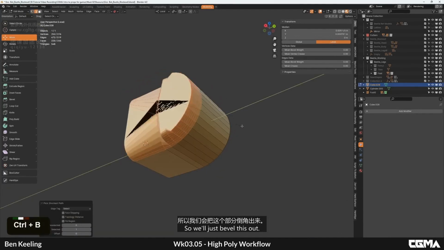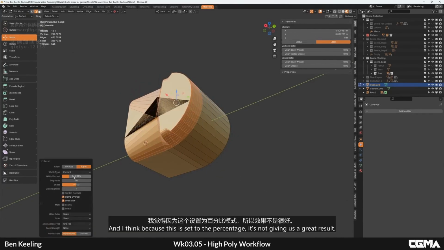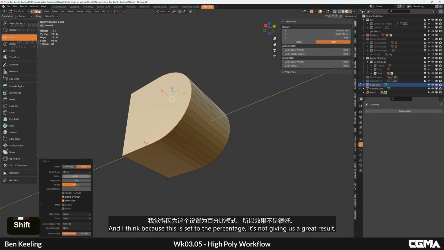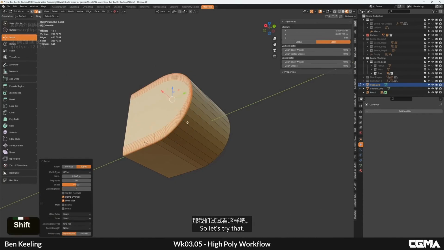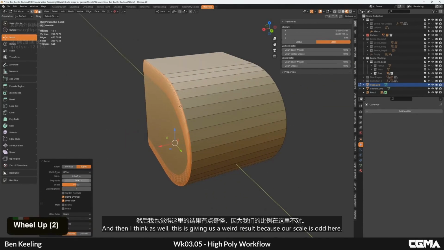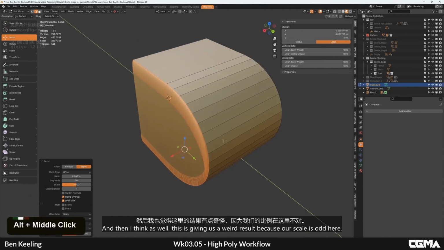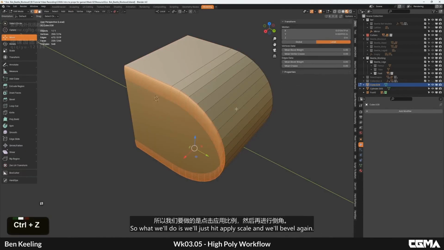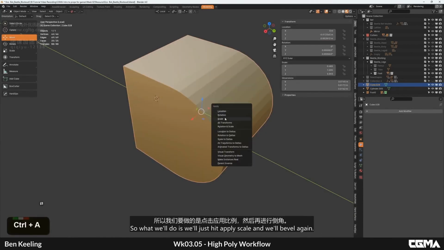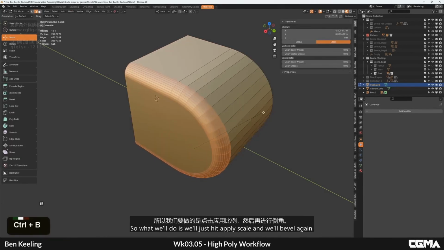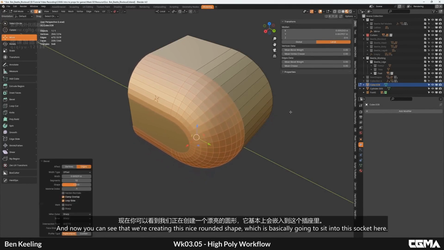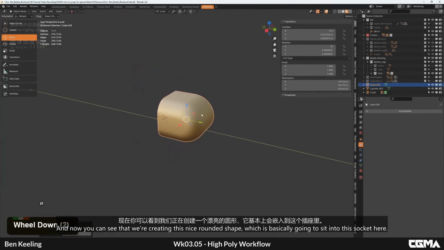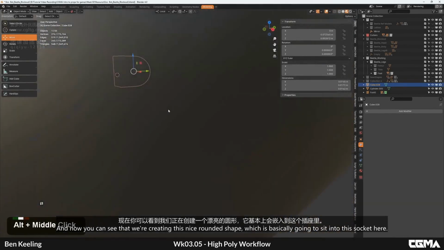So we'll just bevel this out. And I think because this is set to the percentage, it's not giving us a great result. So let's try that. And then I think as well, this is giving us a weird result because our scale is odd here. So what we'll do is we'll just hit apply scale and we'll bevel again. And now you can see that we're creating this nice rounded shape, which is basically going to sit into this